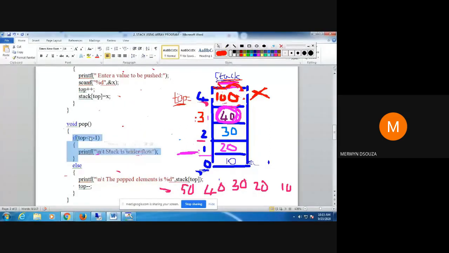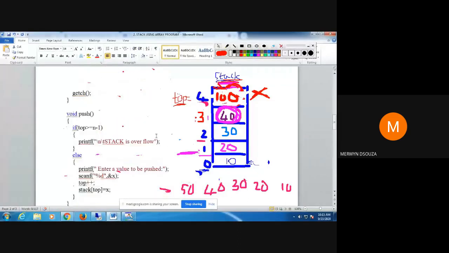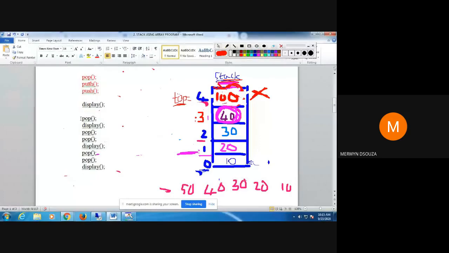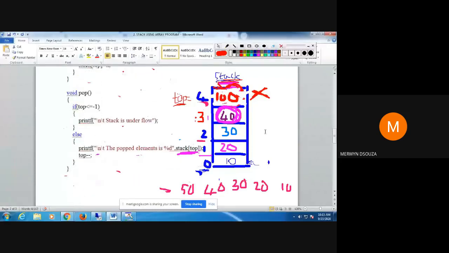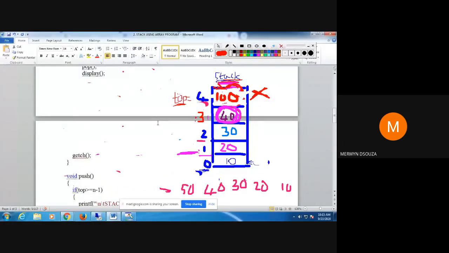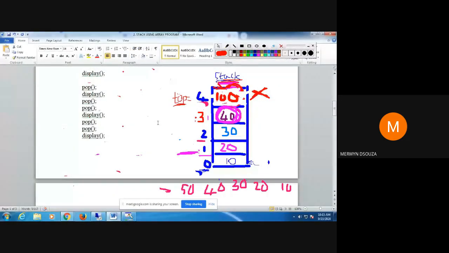Okay, you can try that in your books later. Instead of putting these lines here, you pop 6 continuous times. And the 6th time when you pop, this line will get triggered. The top value will be equal to -1, and you will get this message stack underflow. Okay, you can do that for yourselves later.